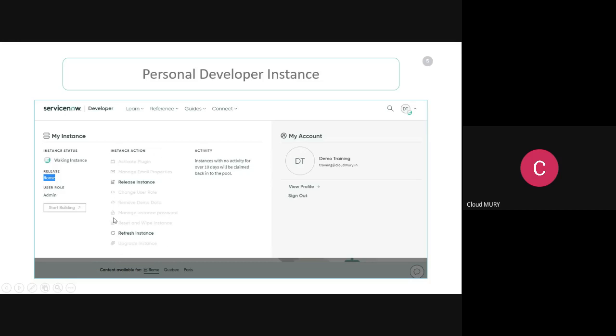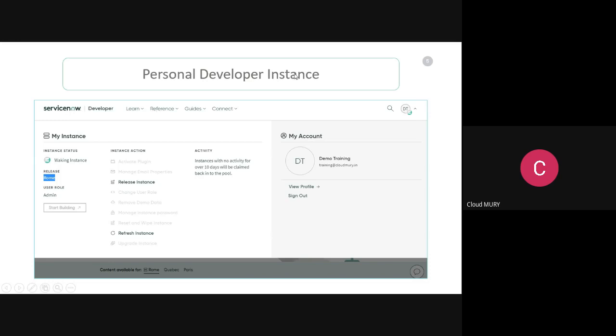Now why I have kept this screenshot: if your instance is not active, for example you open your instance at 9 o'clock in the morning and try to open the same instance again at 4 or 5 p.m., it might show you an error saying that your instance is not up. Because this is a personal developer instance, ServiceNow won't give that much facility to it. It will give you everything, but with respect to availability, ServiceNow will not care that much. So that's the reason it will be in a sleep mode.